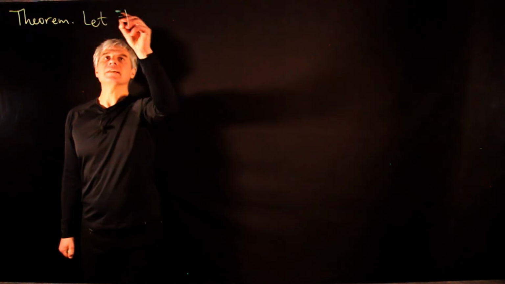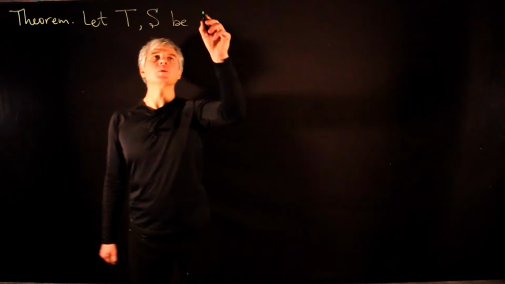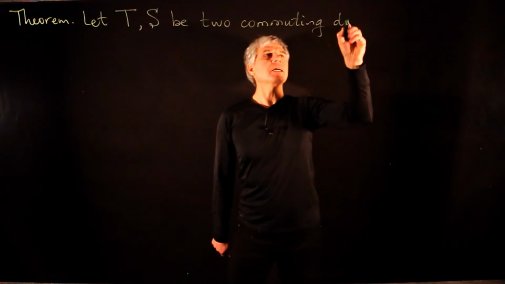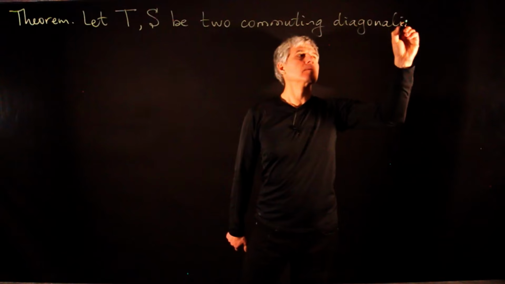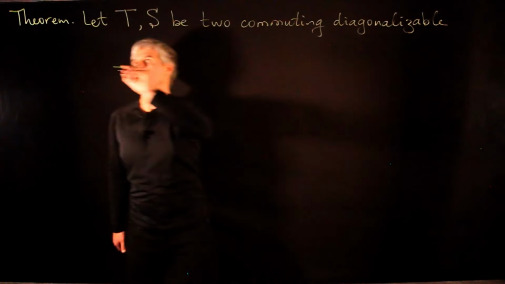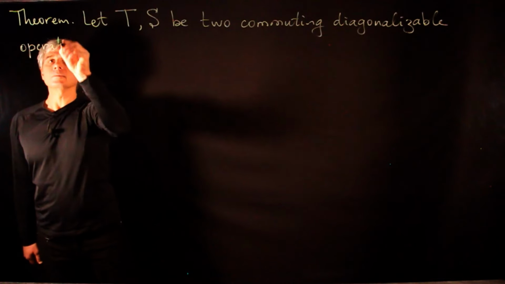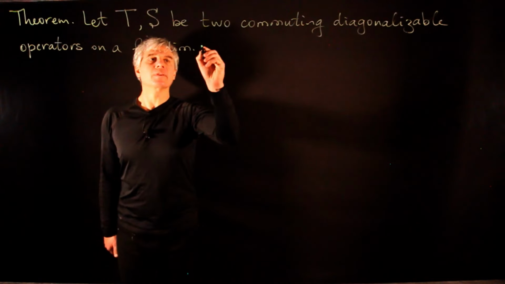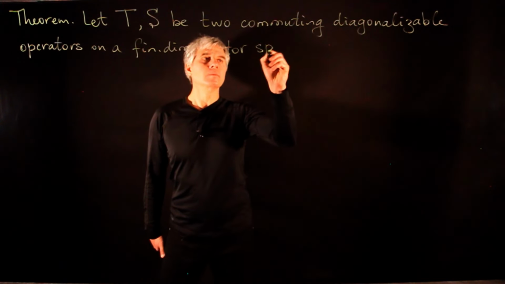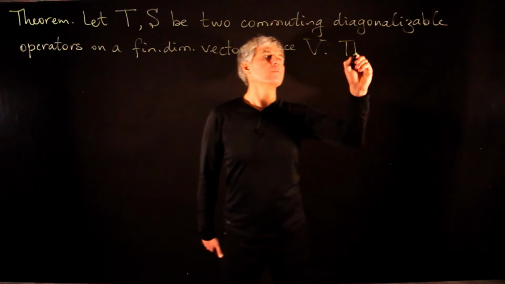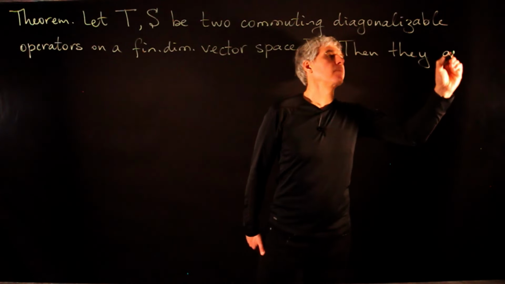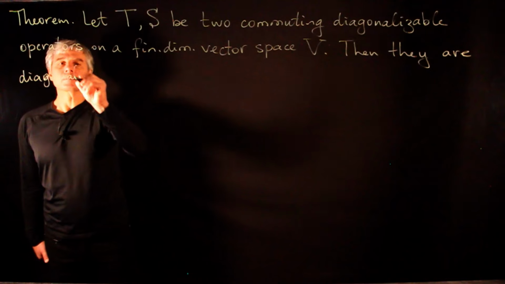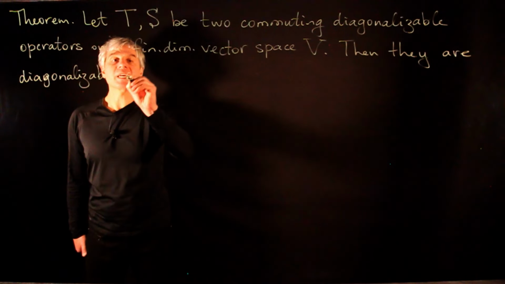Let T and S be two commuting diagonalizable operators on a finite dimensional vector space V. Then they are diagonalizable simultaneously,